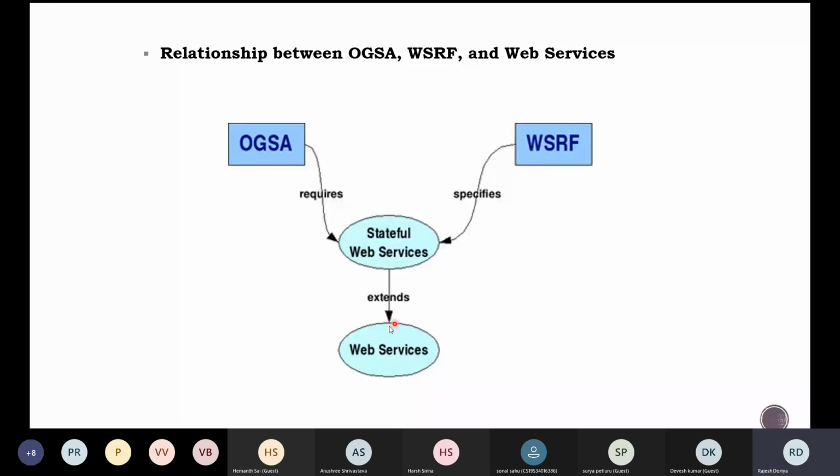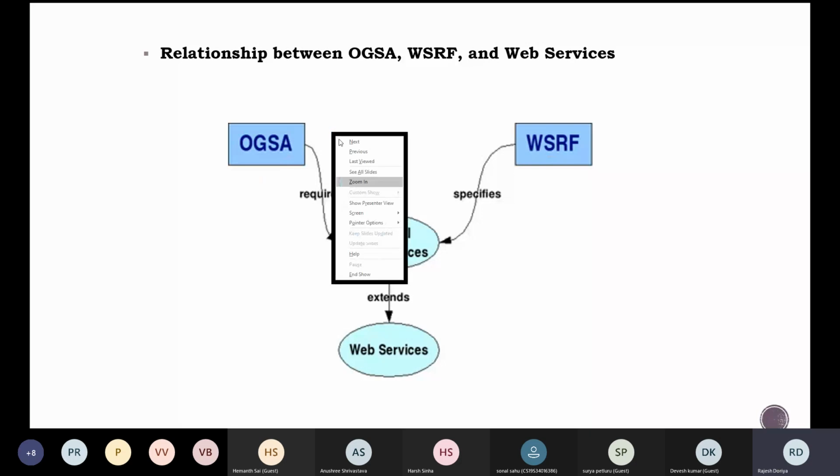Then on top of it, a framework will be developed which will ensure the availability of stateful services. And on top of that, your OGSA will come into the picture, because for its implementation we have to have the stateful web services, and this is how these things are going to be provided. So this is the relationship between OGSA, WSRF, and web services.